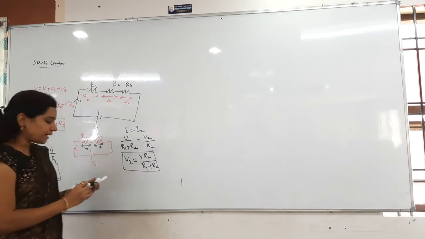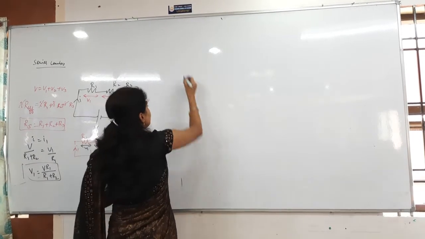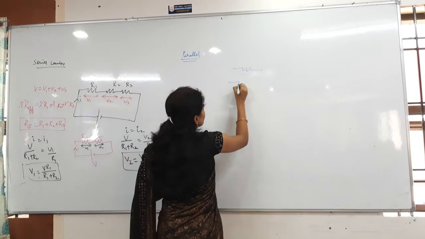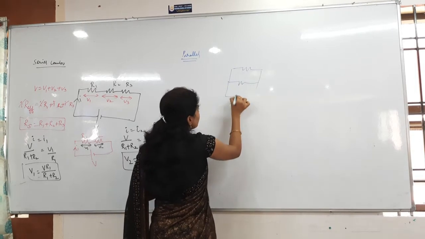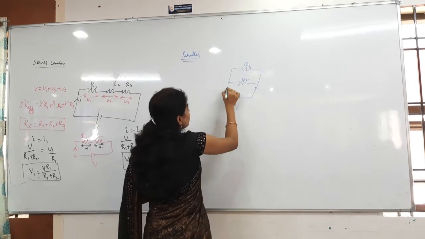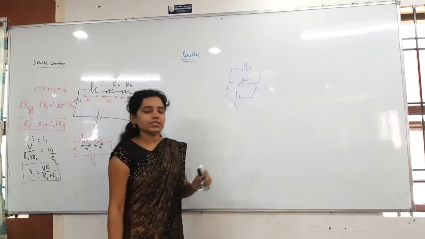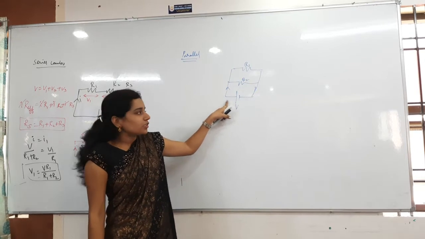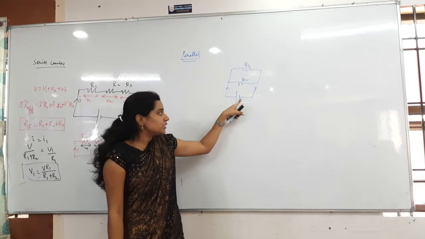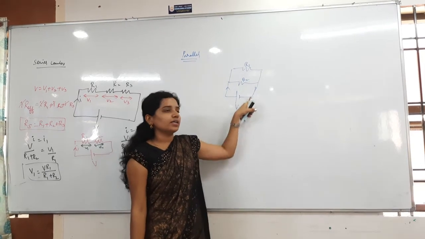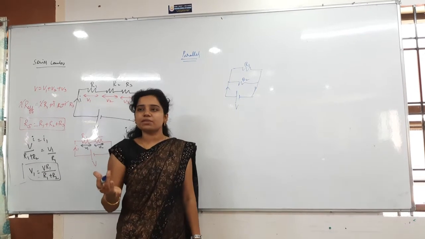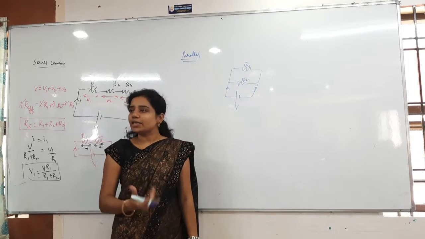And then next one is parallel combination. If you observe, in parallel combination, if you have two resistors like this, R1 and R2, connected to a battery of voltage V, what will be same here? Potential is same. See that this is the positive terminal, right? The positive terminal is connected to everybody here, so they have higher potential. The negative terminal is connected to everybody here, so they all have the same potential only. In parallel combination potential will be same. In series combination current will be same.